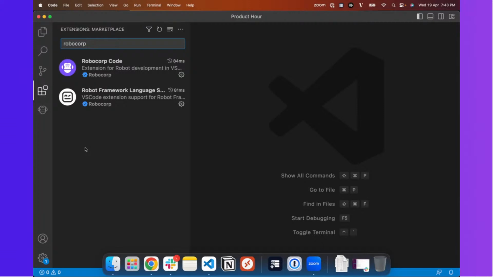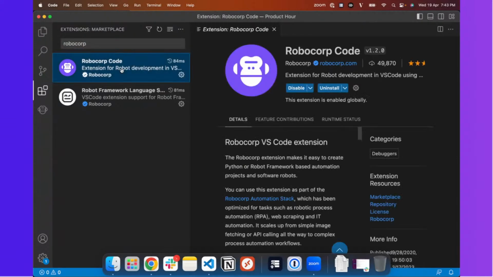One is the Robot Framework language, and the other one is Robocorp Code. Today we are going to focus a lot more on this particular extension, which gives you those widgets and tools that will help you build your robots faster, better, and more efficiently.